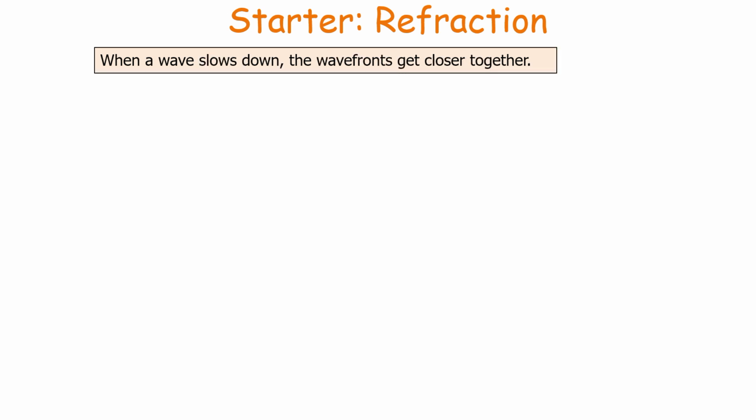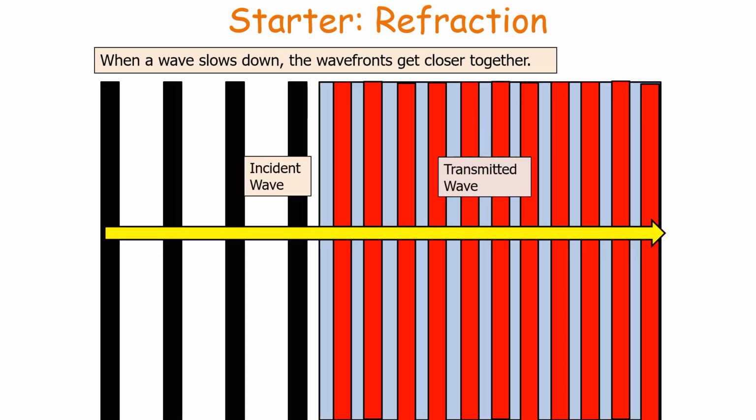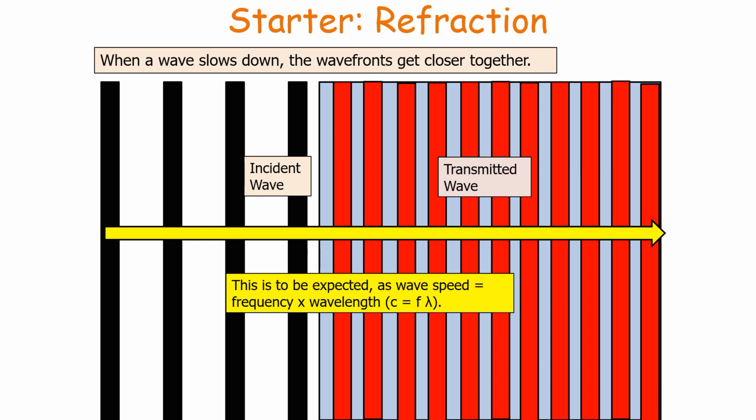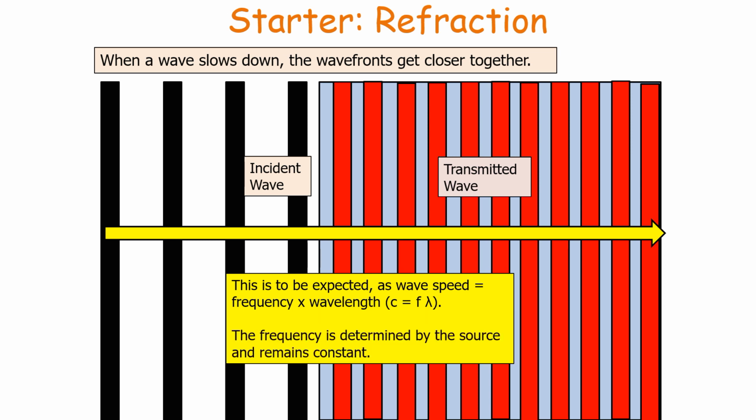Now it's also important to note that when a wave slows down, the wavefronts of the wave get closer, as shown in this particular diagram. So this is to be expected because we know wave speed is equal to frequency times wavelength, or c equals f lambda, and the frequency is determined by the source of the wave emitter and it remains constant throughout the process. So what you can see is that if the speed decreases,